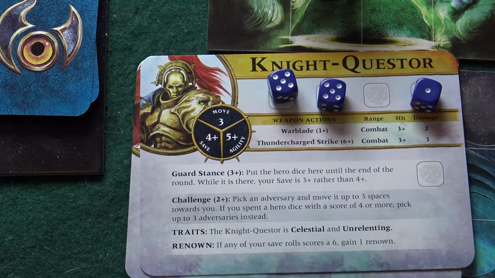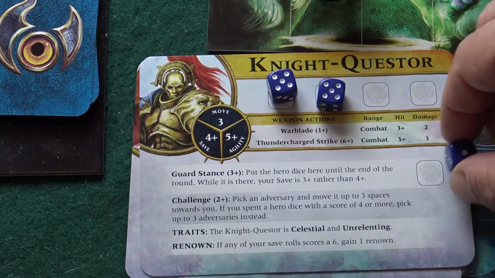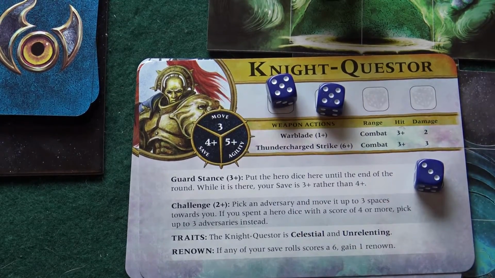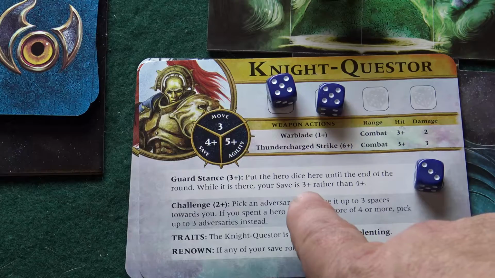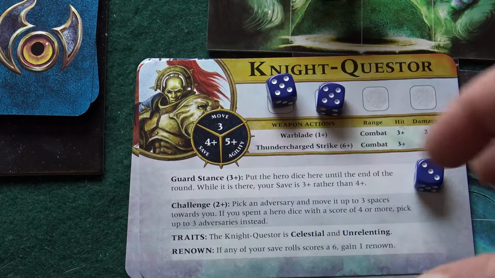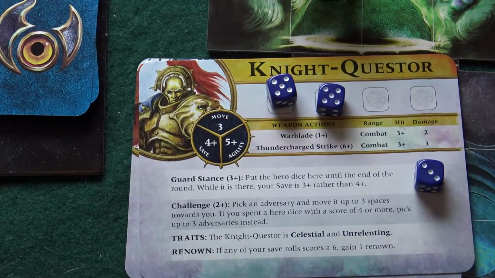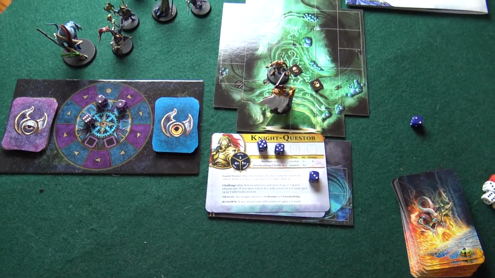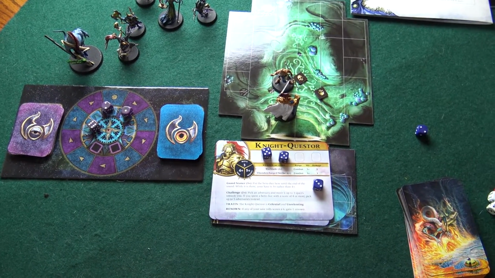As you can see, you can save one of your dice, and maybe you have a 3+, and you could put it here, which will give you a guard stance, which means that you would save on a 3+ instead of a 4+. So there's a lot of little abilities and things like that that go into this that are just very, very interesting. But it's a far cry from the old